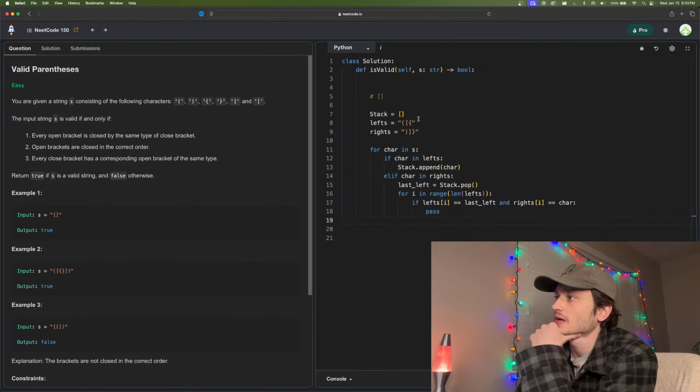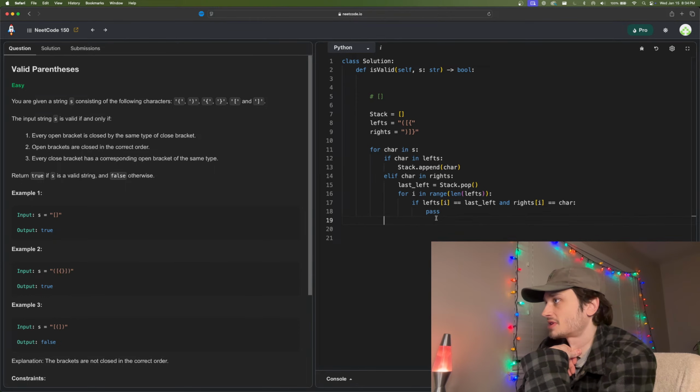Because if you have an element that goes into the stack, which is the lefts, it will get popped out. So the length of the stack, if it's 0, will determine if this was successful or not. If the stack is empty,